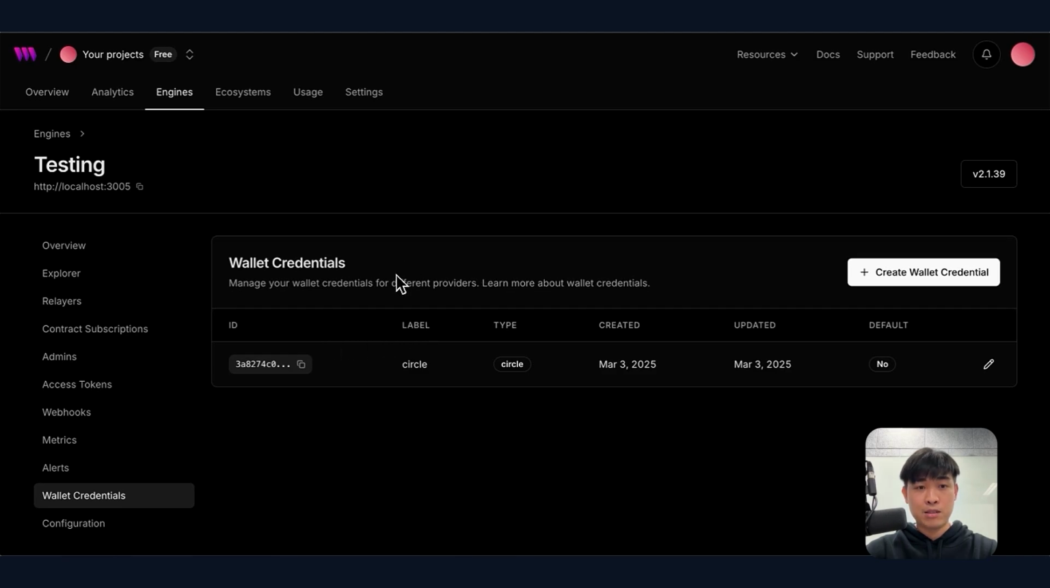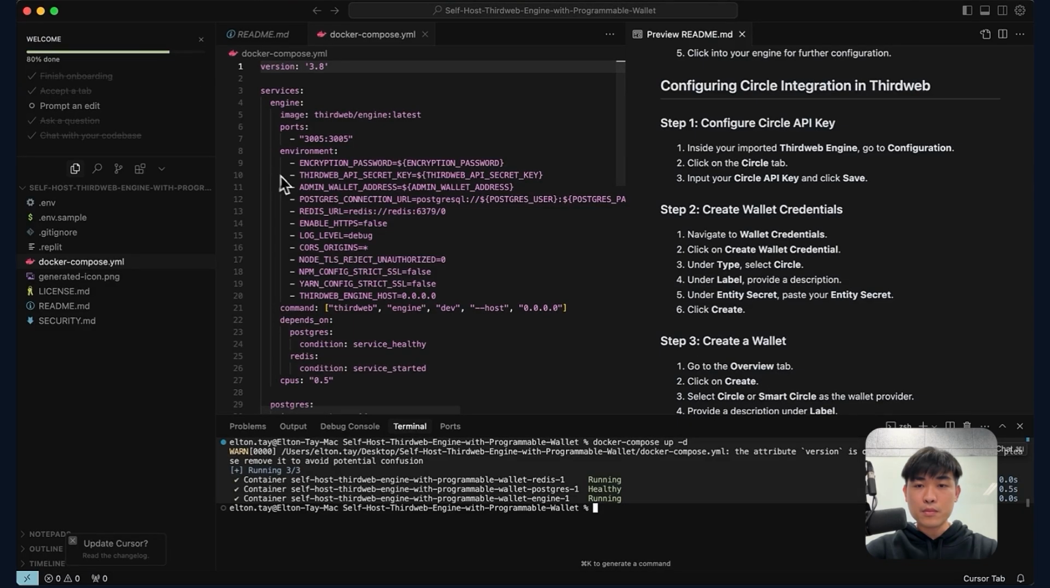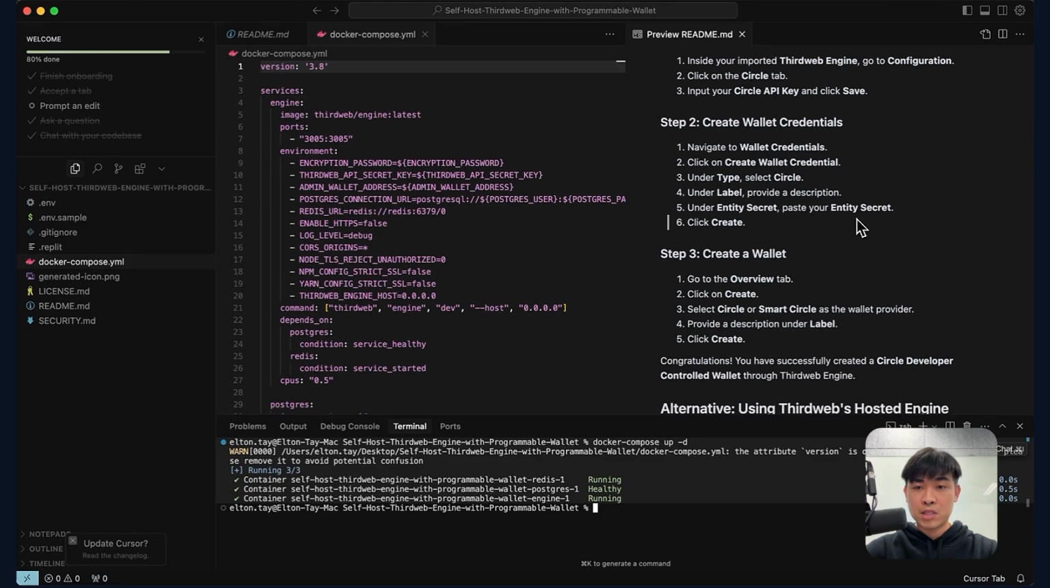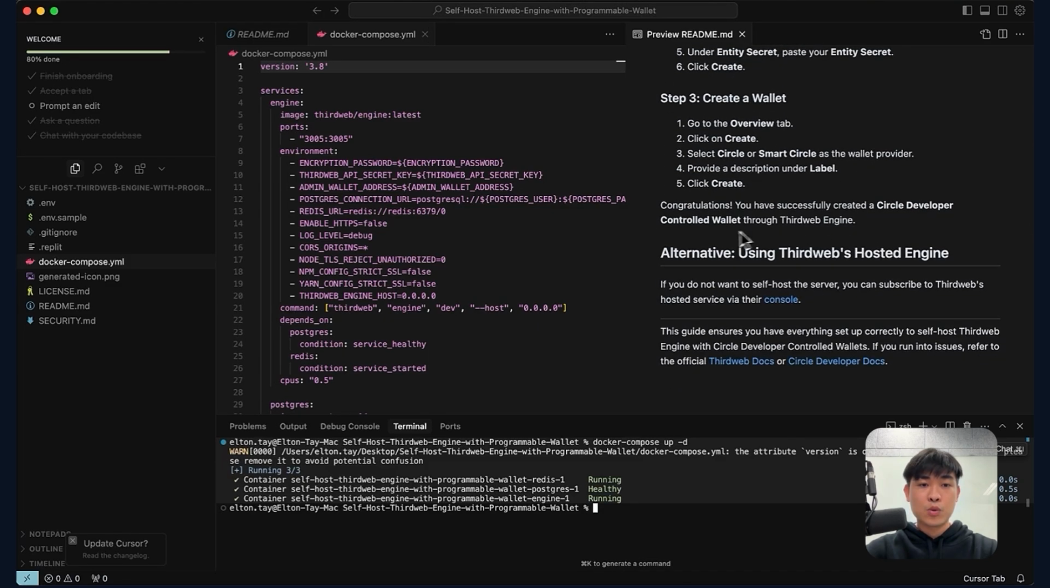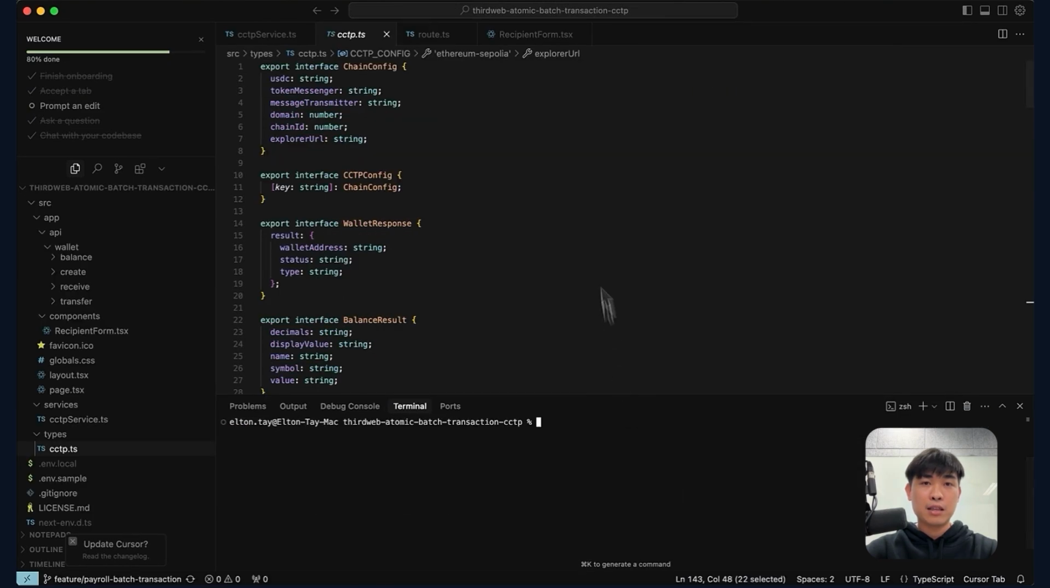the Thirdweb Engine. Now that you have the configuration and wallet credentials set up, you can actually now start using the Thirdweb Engine to create and manage Circle wallets and perform the signing of transactions. So back here is kind of like the success. So this is step 1 for basically running your self-hosted Thirdweb Engine on Docker and having it as like a backend server. So once you have done that, head over to your second repository, which is the Thirdweb Atomic Batch